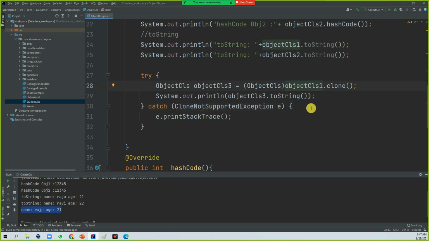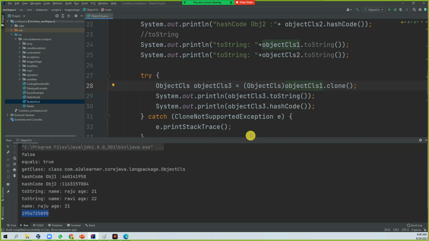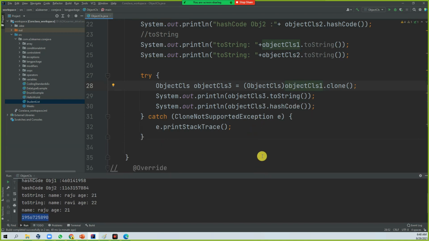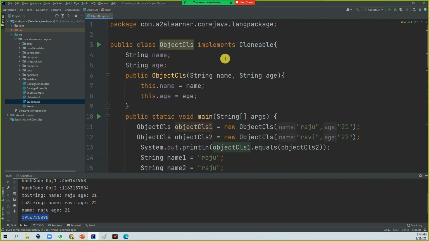That means whatever object you have, that same object is created. But one thing you should remember, when you are cloning, that particular class should implement Cloneable. If it's not implemented with Cloneable, let's remove this one. What is the result? It will give an exception.